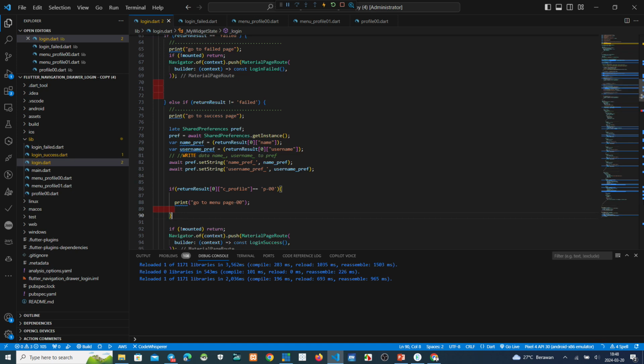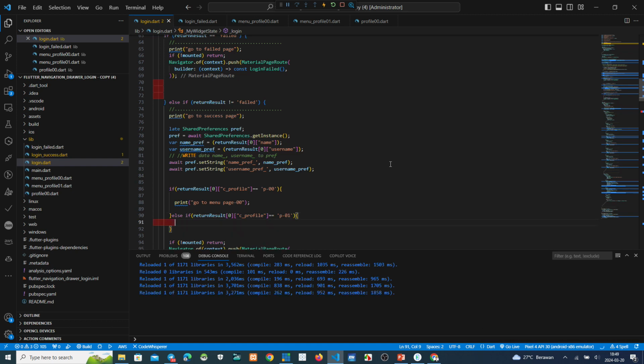And else, if page 01, go to this one. Please make a print first.